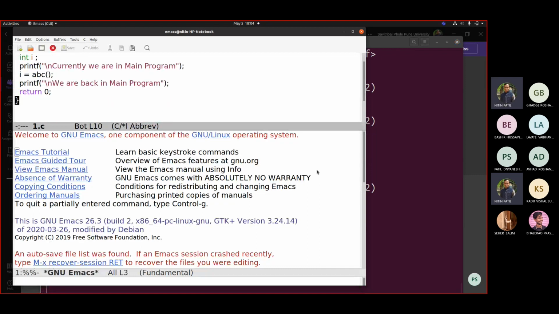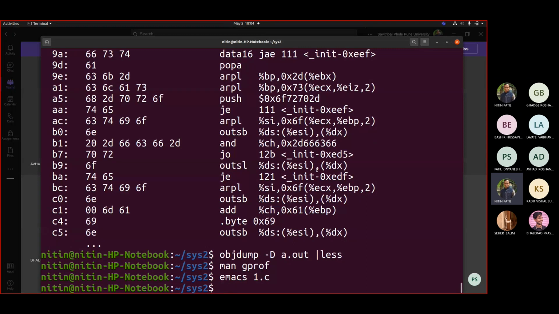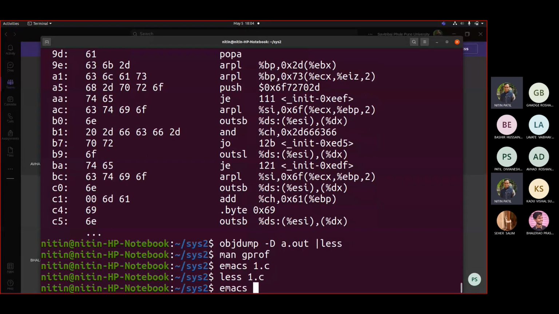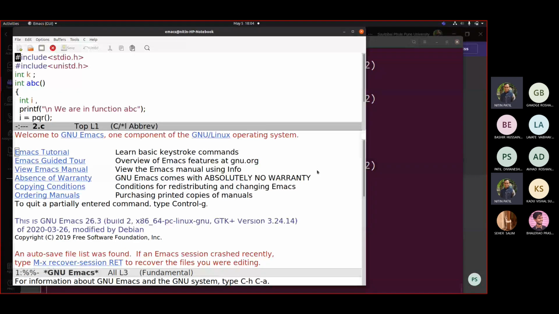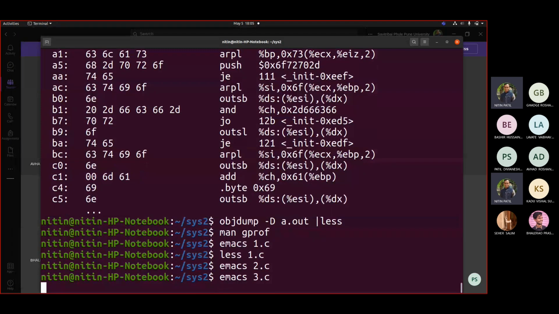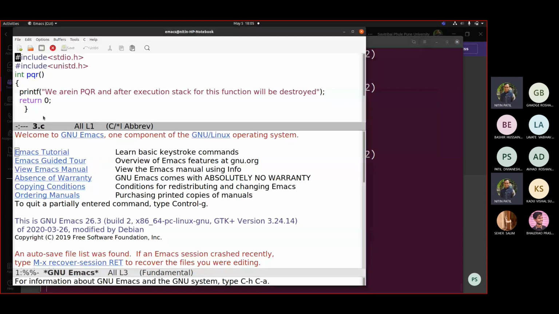We gave a call to ABC, correct. This is my code. If we recall, we talked about that code earlier. The second thing is another program that we wrote where a call to ABC was given, and we saw there is a call to PQR, correct, and 3.c. While we discussed the instruction pointer and how it changes, or even talked about the stack aspect, how stacks are internally used by the system,